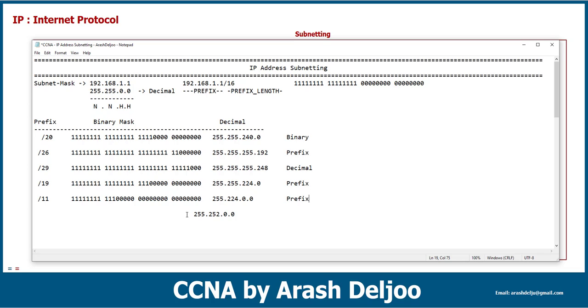And the last example. In the last example, we have a decimal value. Let me complete the table here. As you can see, we can write this value. Look at here. We have 8 ones first, because here in decimal we have 255. Let me write 1 2 3 4 5